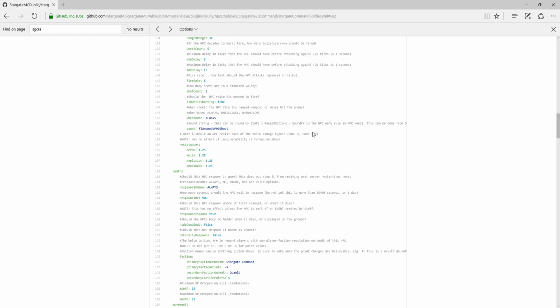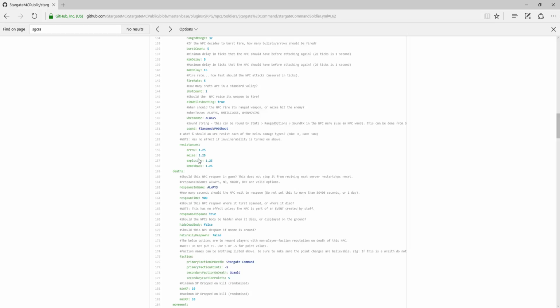The acceptable values for this are not 0 to 100, they are -1, 0 through to 2, and it's a double value, so you've got a decimal there. 0.0 is -100% resistance, which is effectively meaning this NPC will take double damage or double knockback. 2.0 is this NPC has 100% resistance and is effectively invulnerable to said attack. And 1.0 is this NPC is indifferent, it doesn't have anything applied to it, and it'll just take the raw